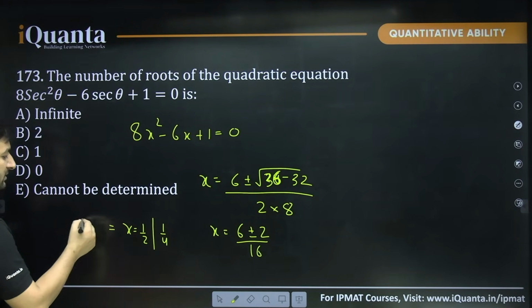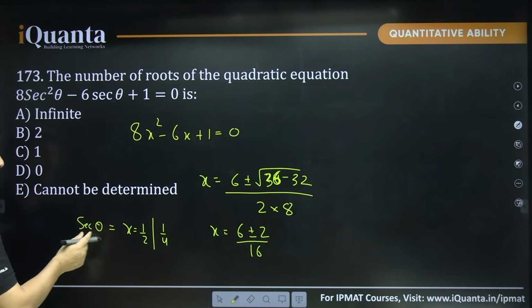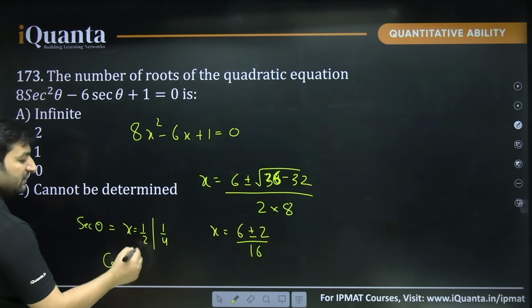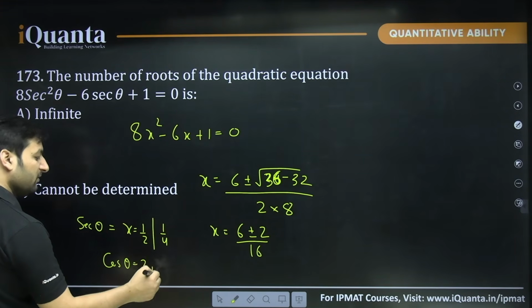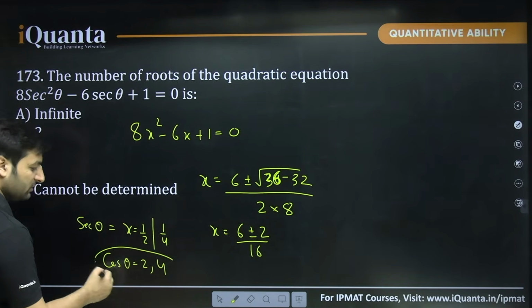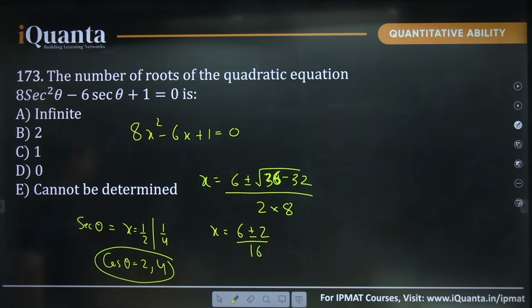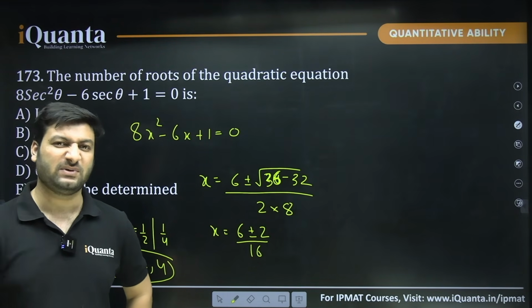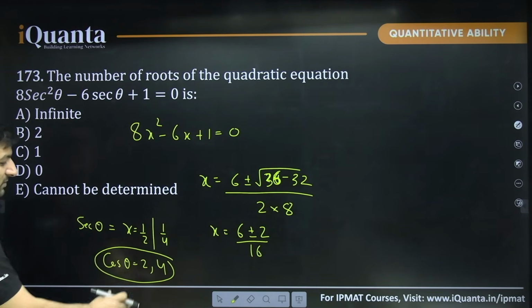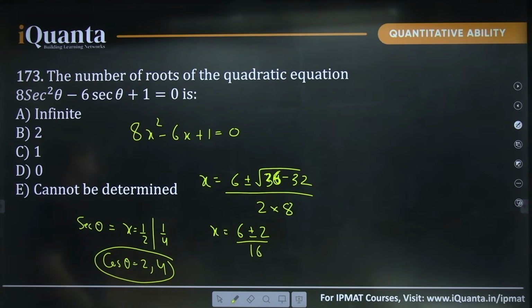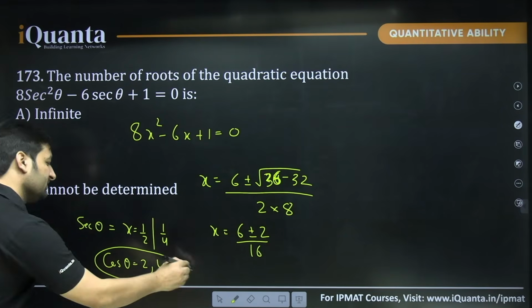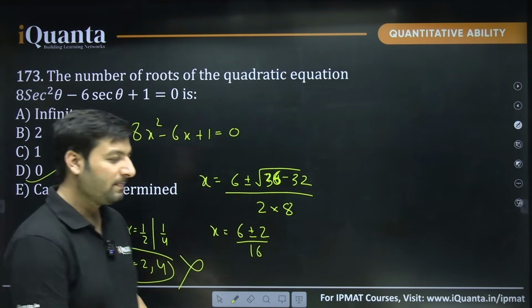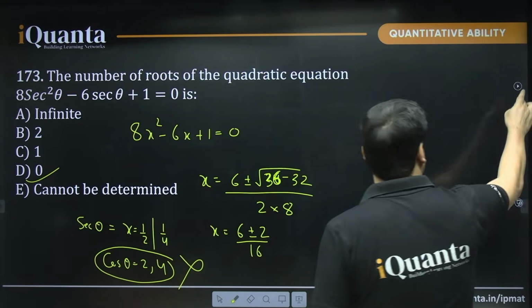X was what? Your sec theta. If x is sec theta, can you say that cos theta will just be the reciprocal of these values? The reciprocal of half is 2, the reciprocal of 1 by 4 is 4. So cos theta is going to take values 2, 4. You clearly know that cos theta cannot go beyond 1. The minimum value of cos theta is minus 1, maximum is 1. Both of them do not fall into the range of cos theta. So none of these values will be accepted. So we will say that there are 0 such values. Okay, it's a very good question. It's a combination of trigonometry and